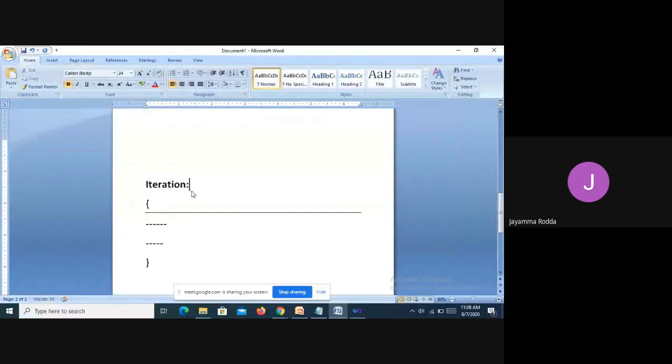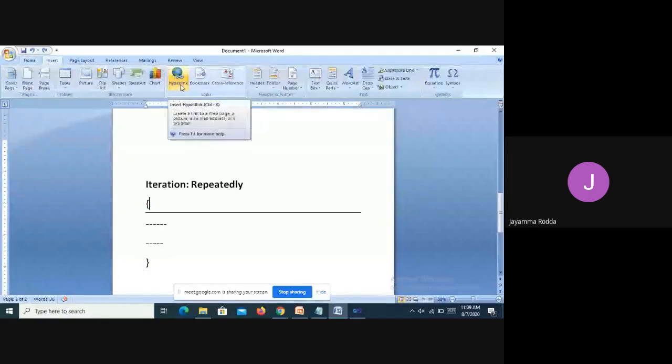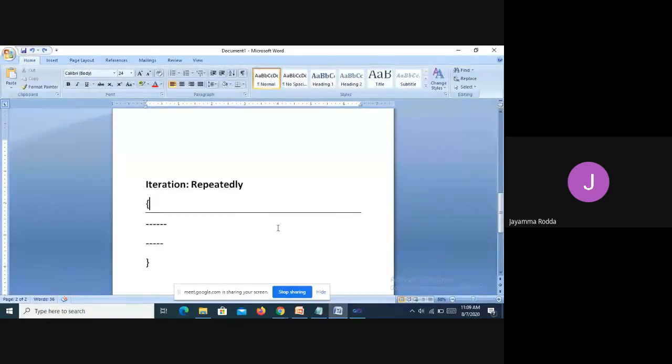I can say it repeatedly executes a particular or specific set of code. Repeatedly executing a specific set of code is known as iteration. Okay. If I want my code to be executed 10 times, it will be executed 10 times. If I want it to be executed 9 times, it will be executed 9 times.